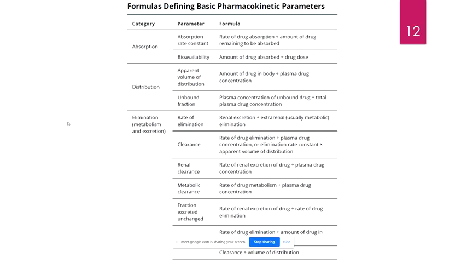Suppose the drug dose is 800 mg, and suppose only 400 mg of it got absorbed. So what is the bioavailability? It is 0.5. Obviously we want a drug to have a bioavailability score of 1, or anything that is nearer to 1 is much better. The higher the number, the better it is. Similarly, there is also volume of distribution. Then we have the same thing for elimination, and elimination is a common term for both metabolism and excretion.